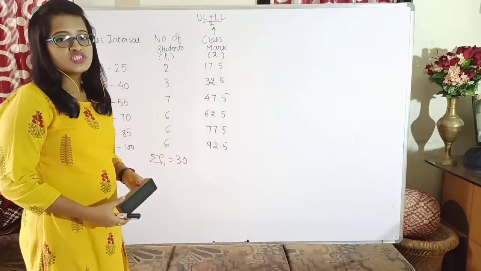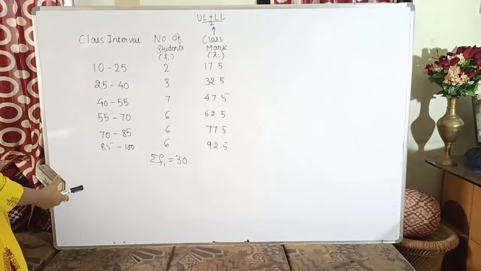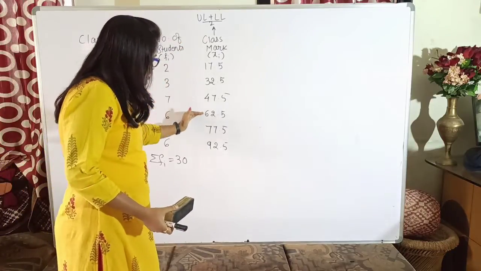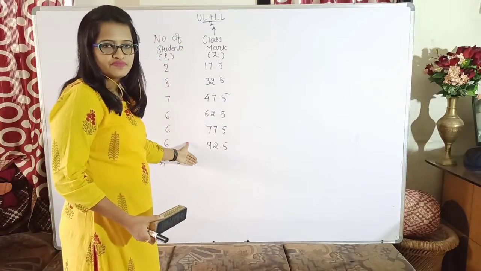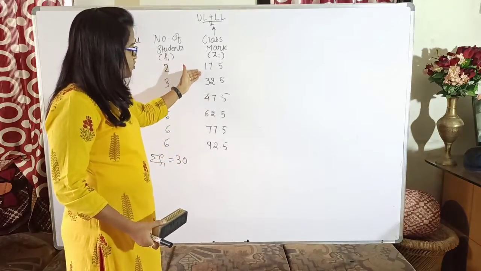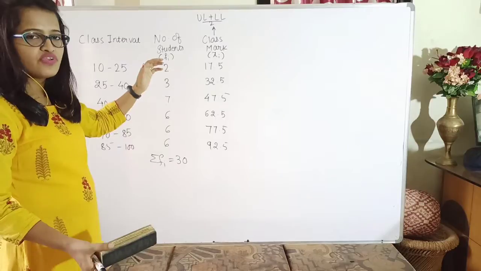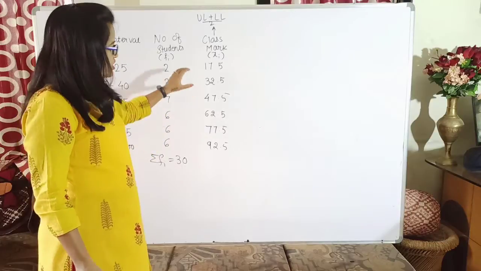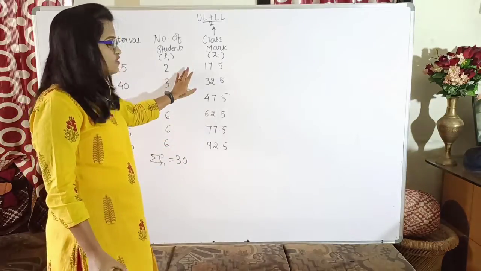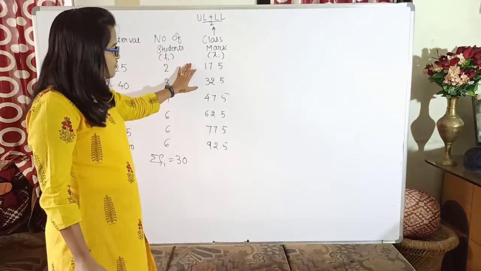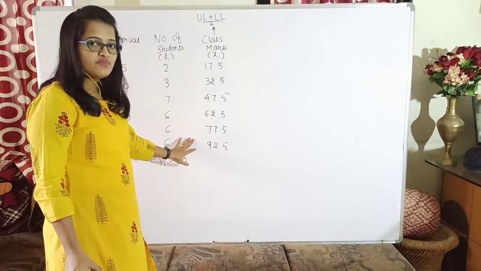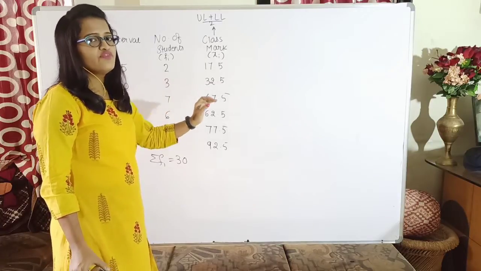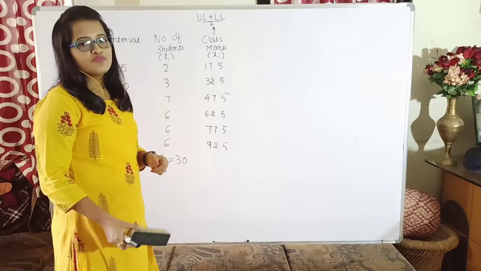The next method, which is called the assumed mean method, is one in which we consider a value among these class marks as the assumed mean. Any one of these values, because as we know, finding the average means finding such a value of x which is the representative of the whole class. Now these are all the class marks. As we have said, the values are uniformly distributed, so we will be assuming any value among these class marks as the mean, isn't it? And then we will be looking at the deviations from the assumed mean.